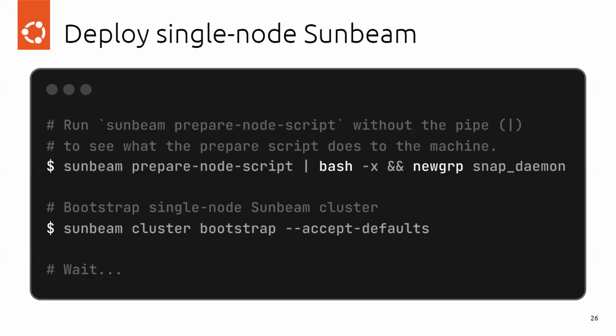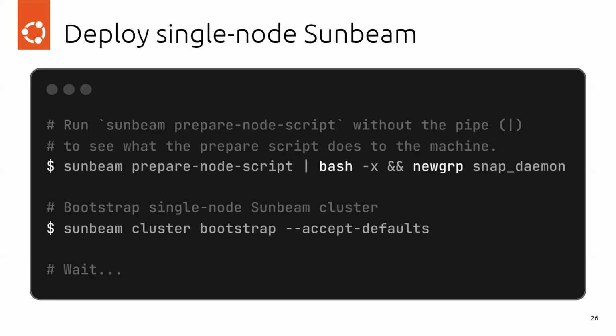When you're running within that snap ecosystem and you're strictly confined, you have very limited access to what you can do on the host, where there are a lot of different things that are secure. Part of that prepare node script is making sure that you have Juju installed and a couple of other things, and you can't actually do that within the